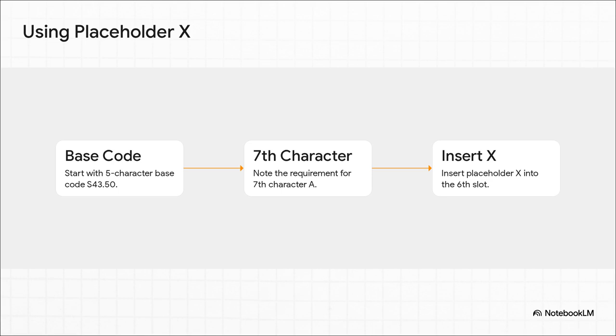Step 1, start with the 5-character base code, S4350. Step 2, we know we need that A to sit exactly in the 7th slot. So step 3, to maintain the structural integrity of the code, we deploy a placeholder. We literally just drop the letter X into that empty 6th slot. The final, perfectly valid code becomes